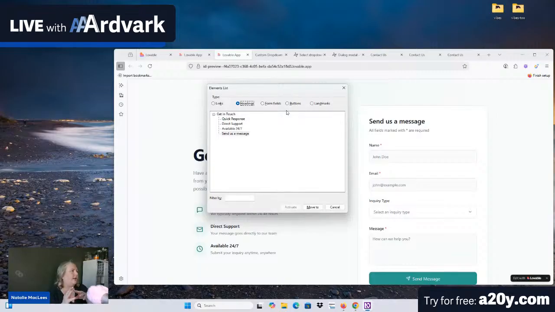But let's go ahead and look at the form fields. Form fields radio button checked. Okay. So here we can